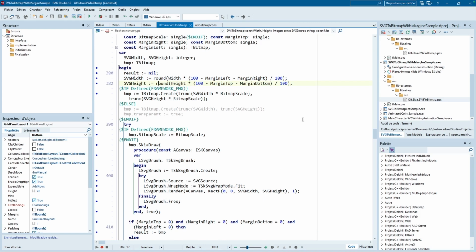First step is to calculate the width and the height we have to use for the SVG. So I apply a calculation to the needed width and height, and I only have the container, the real size of the SVG. If I have a margin